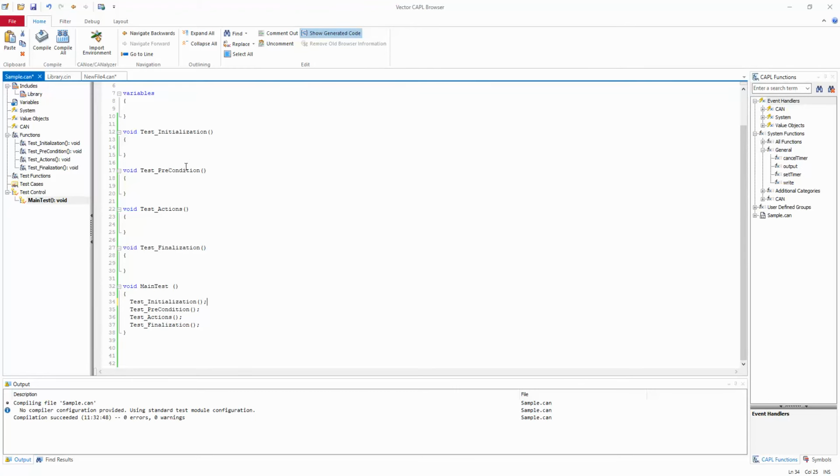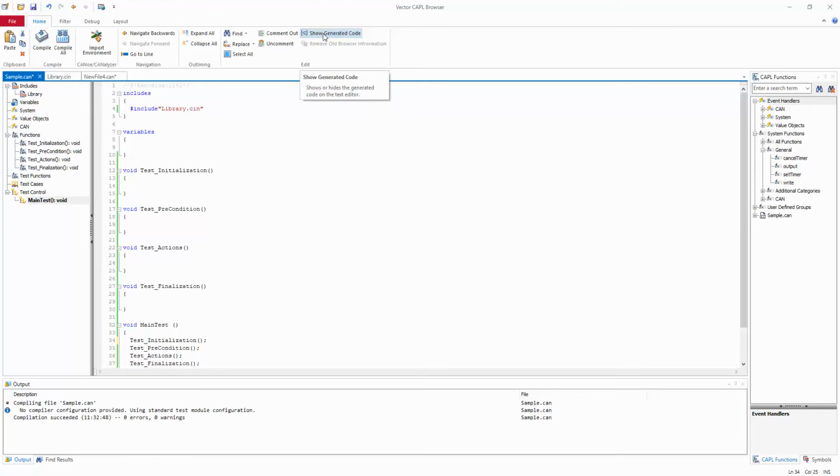Then show generated code. I cannot show this right now, because if you have generated a configuration through model wizard generation, some autocode generation will happen, and this autocode will be visible in the code. If you wanted to expand it, you can select show generated code. Those are the generated code through model wizard. Right now this code was fully done manually, so we cannot see it right now, but that is the purpose of this option.